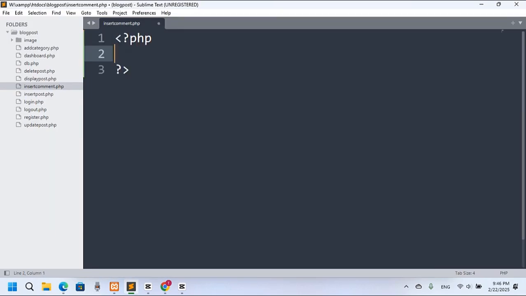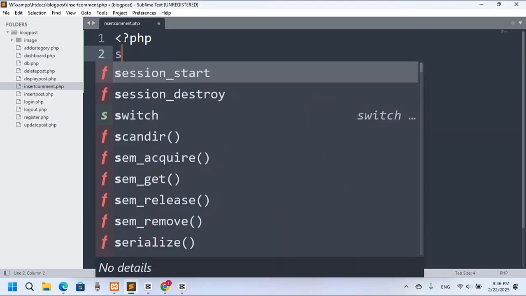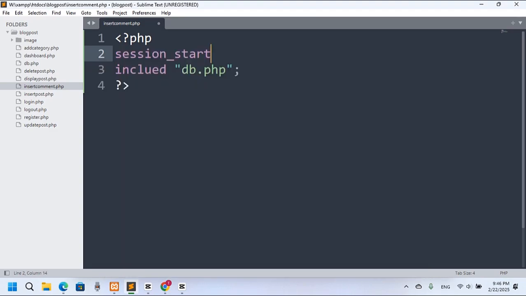First of all we will actually connect the database, so I will say here include db.php. We have to start session here also, because without login nobody can access this page, right? So we'll keep here session. So I'm going to start session here,